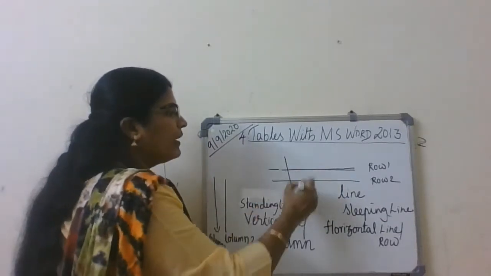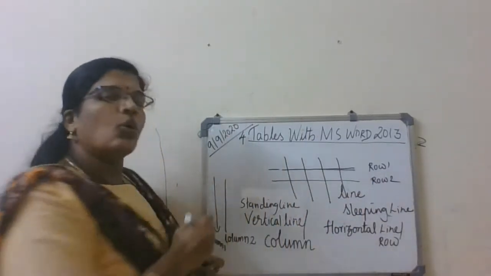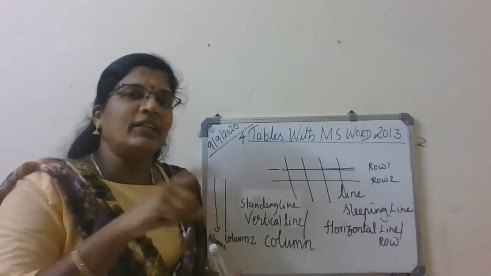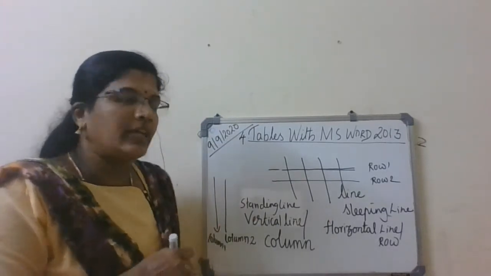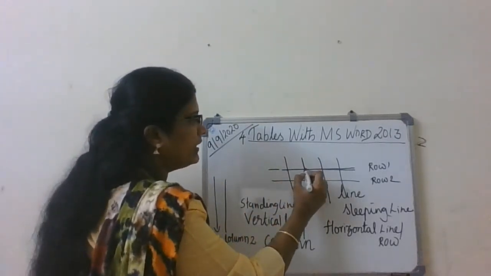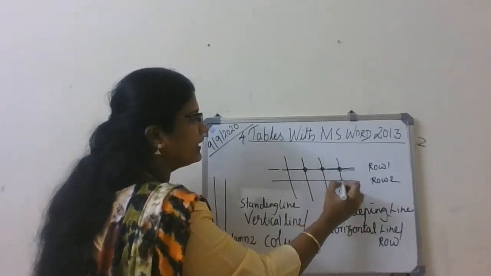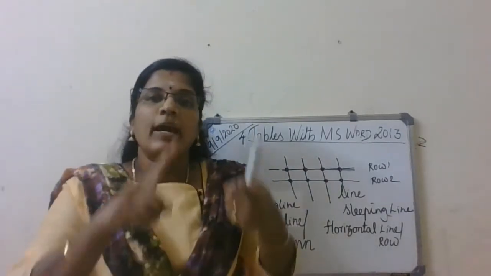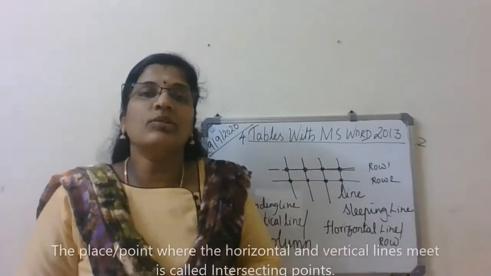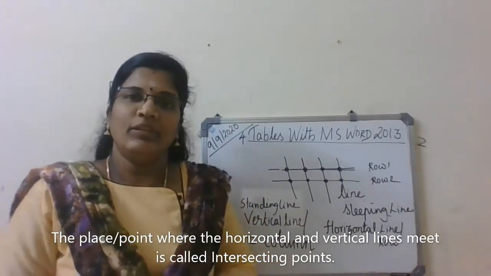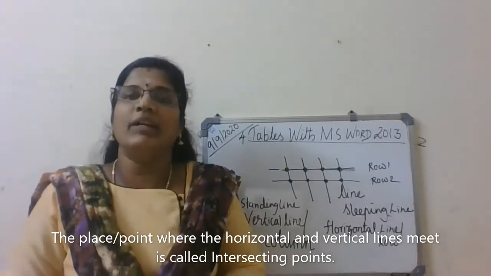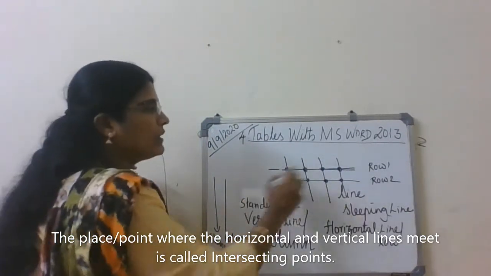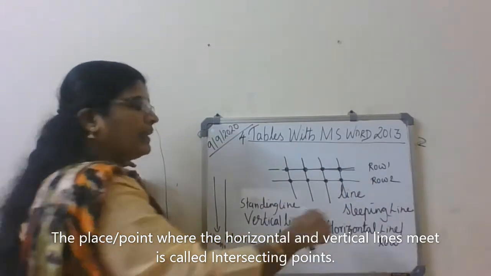But when you overlap these lines over here, what happens? The horizontal lines and the vertical lines are intersecting. See, this is the intersecting point. So here they are intersecting. Here it's intersecting. So many intersecting points are there. Intersecting means they are meeting at one particular place. That is called an intersecting point. Got it? So the horizontal lines and vertical lines are intersecting at a particular point. So see, two horizontal lines are here and four vertical lines are here.